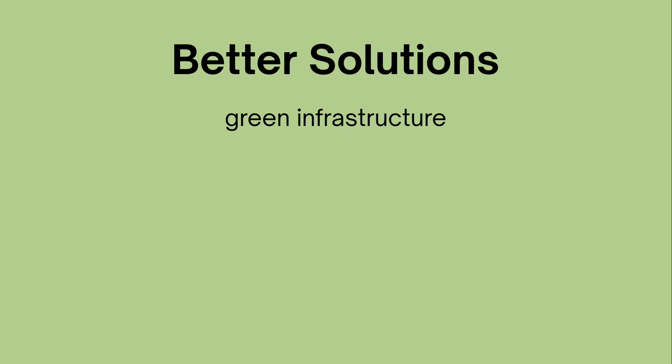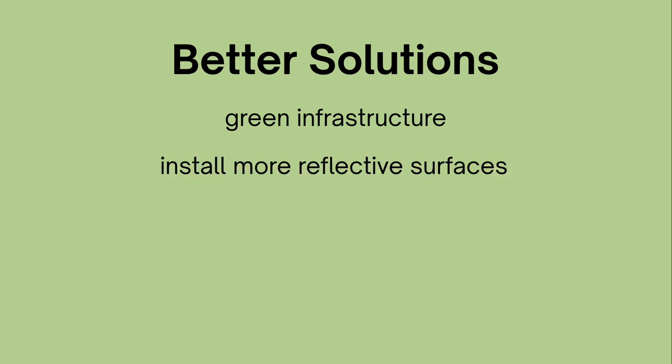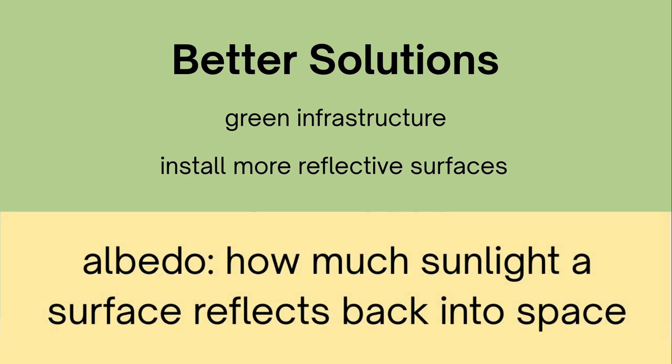Another solution is to install more reflective materials such as cool roofs. Thinking back to albedo, most cities are built out of low albedo materials like concrete and glass. In Southeast Asia, however, high albedo coatings and permeable pavements have demonstrated surface cooling of 4 to 9 degrees Celsius. That's crazy. There are more solutions, such as installing blue infrastructure or changing certain aspects of urban design, but by